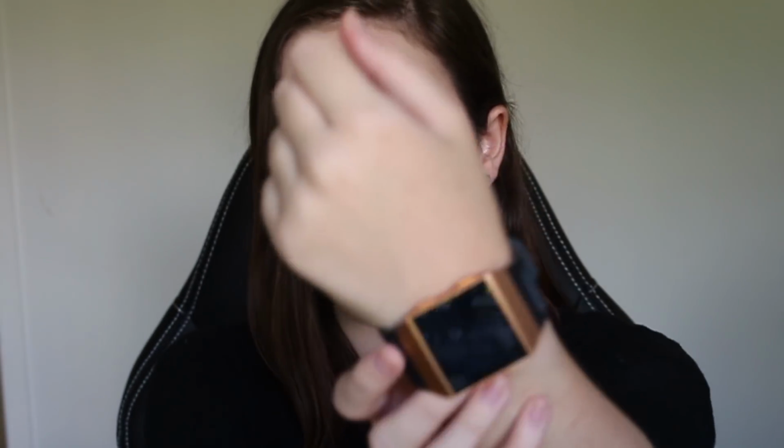Along with the price, I do just want to let you know that this comes in 3 colorways. It comes in essentially a dark grey, a light grey, and then the burnt orange, which is the one that I have. I don't have the stock band on it. It's an orange watch face with the blue band. I personally, if I'm being really honest, I don't prefer this design. Like I said, I got sent it through PR. I am beyond grateful. I've grown to love it,